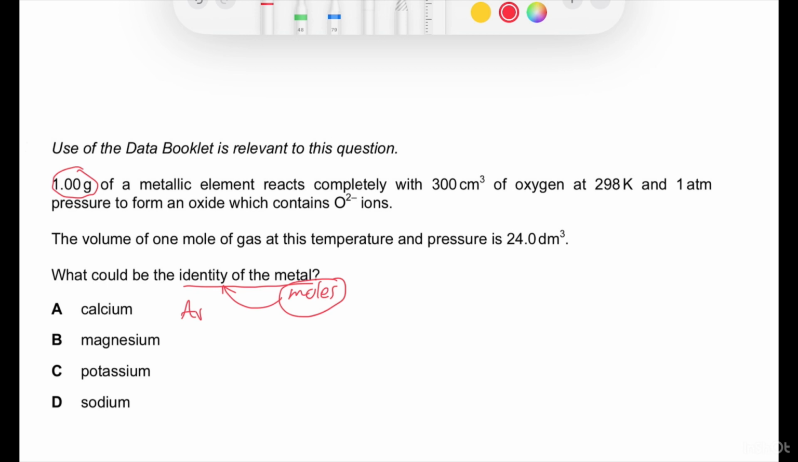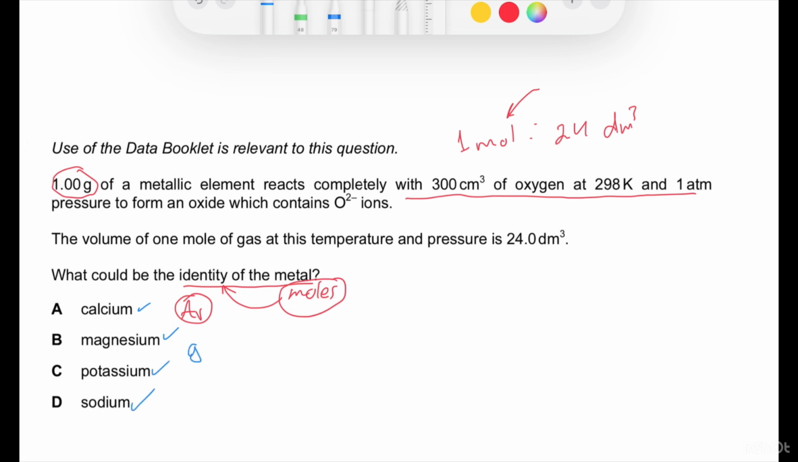We can see that this metallic element reacts completely with 3 cubic centimeters of oxygen at room temperature, in which we can remember the relationship of the molar volume: if you have 1 mole of any gas at room conditions, then the volume of this gas is 24 cubic decimeters. So our target here is to determine the moles of metal and then use a ratio in order to determine the Ar. But if you look at calcium, magnesium, potassium, and sodium, you can notice that these elements are